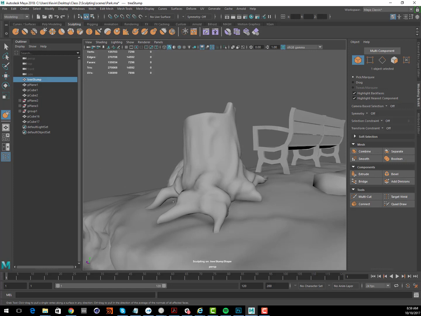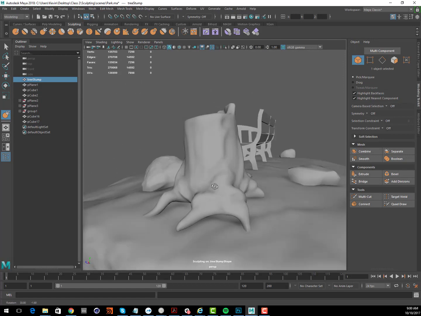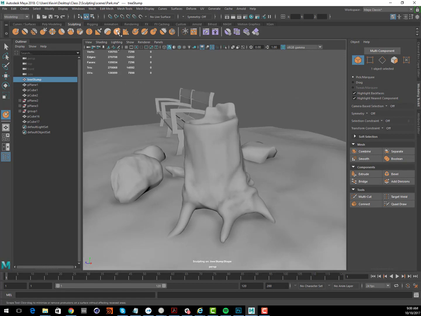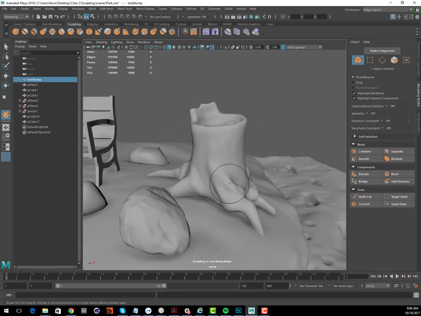Maybe some of the dirt has fallen away. Take a look at our scrape brush. Let's just flatten some of this so that